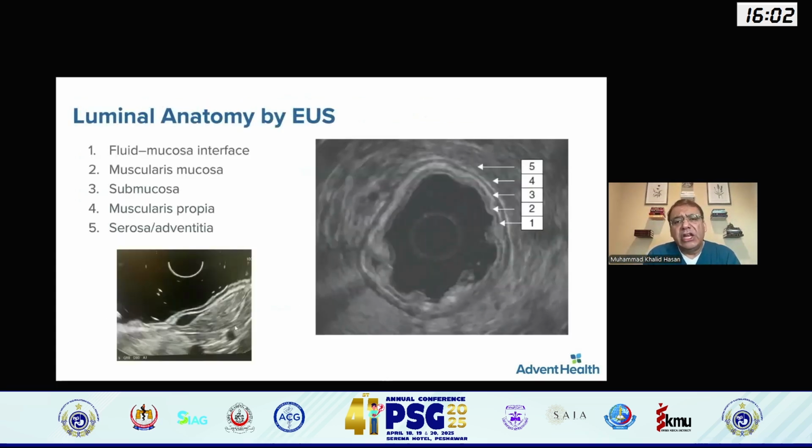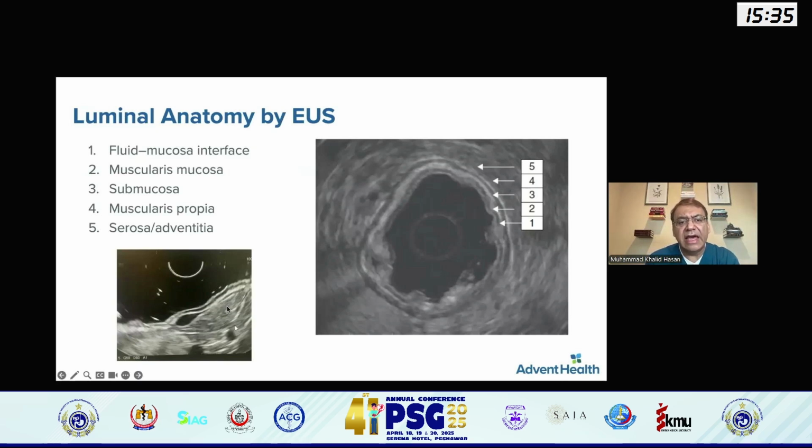A little bit about the anatomy, those layers of the wall. There are basically 5 layers. When you use EUS, radial or linear, there's a first white, then black, then white, black, white. The first white is the epithelial layer, or mucosal interface, or mucosal layer. The first black one is the muscularis mucosa, or deep mucosa. Then white is the submucosa. Black is the muscularis propria. In the muscularis propria, at higher imaging, we can even see the circular and the longitudinal muscular layers as well.